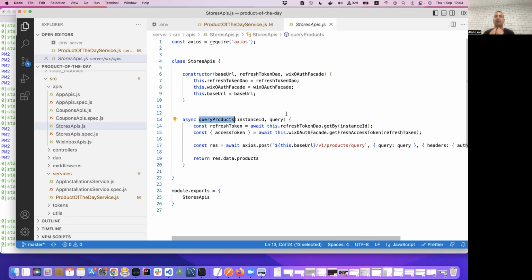And you can use this instance ID, you understand that this is your identification of this client, and then you go to the database and you take the refresh token, which we talked about in the OAuth part, right? The refresh token is like a password that you save in your database beside this instance ID. You say instance ID, and this is the refresh token. And you save it, of course, securely, because you can generate